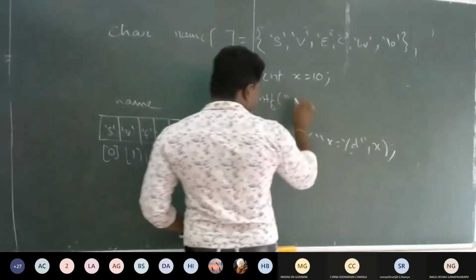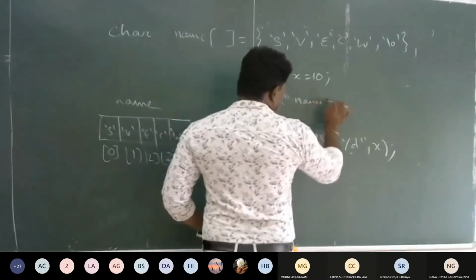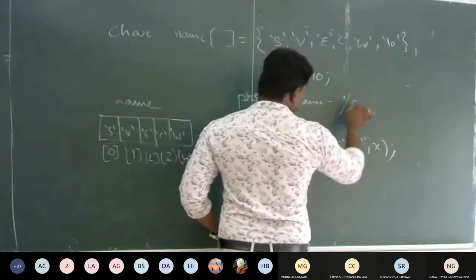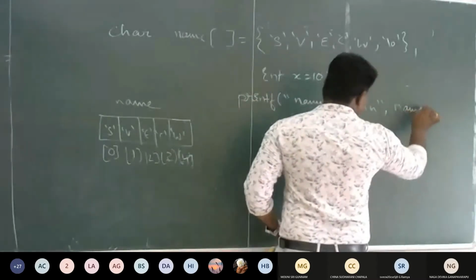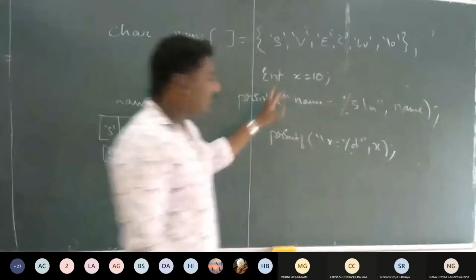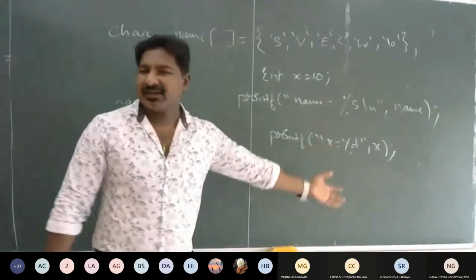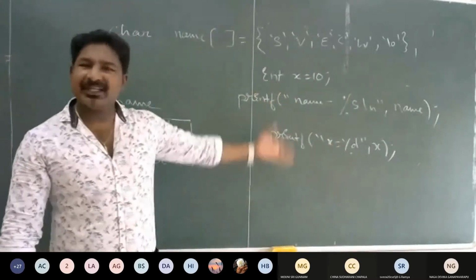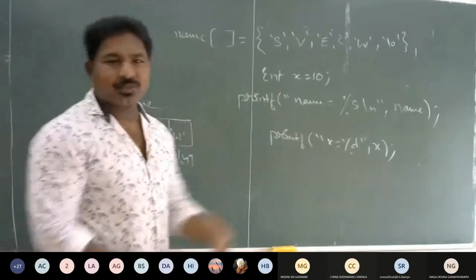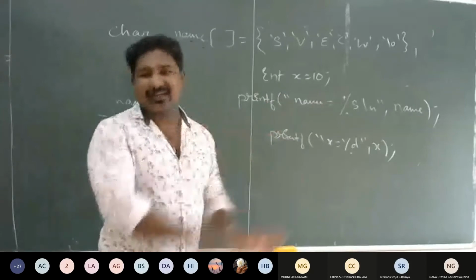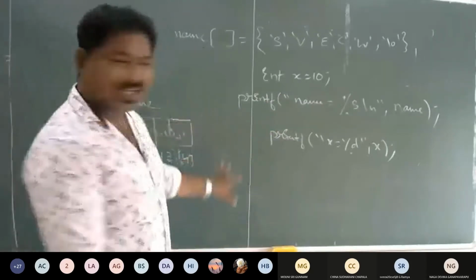So printf name equals %s, then you write name. It just prints my string on the screen. It is similar to how we print integer variables and float variables. There is no need to print character by character. That is the specialty of this string.